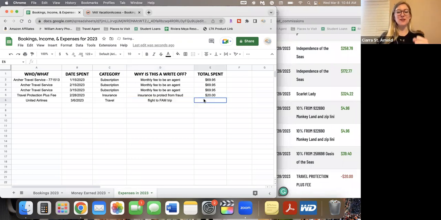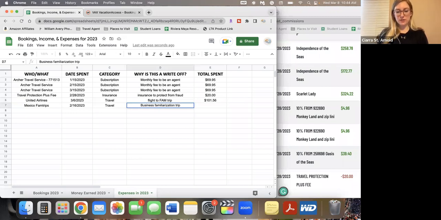I'm getting so much money back in my taxes this year because I kept up with it. So like I said, it was like $101.56 for my flight because I used airline miles. So I did that. And then my fam trip is through Mexico Fam Trips. I paid them sometime in January. So I'm just going to pick a random date. Travel. And then I'm going to put business